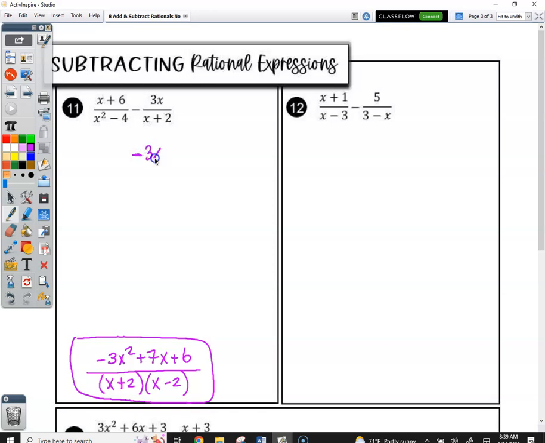In this case, it would be minus 3x, but then you're going to have something here. You probably can already see. This is going to need x minus 2. But when you do this, this is negative, so that is going to change the signs of what you're multiplying by, and that didn't happen in our previous problem because it was addition. So if you get it wrong here, look and see if it's because you forgot that it was subtracting, because it's going to change the signs of whatever it's multiplying by. Okay, I hear you snoozing. All right,